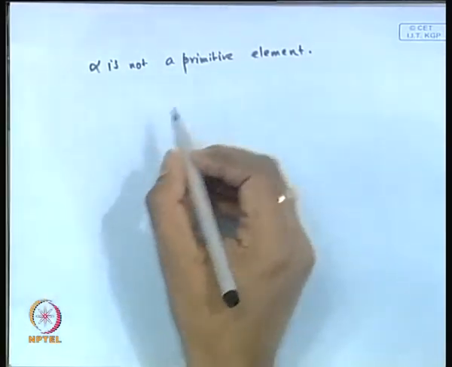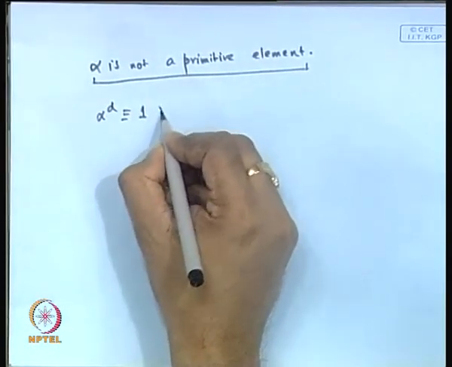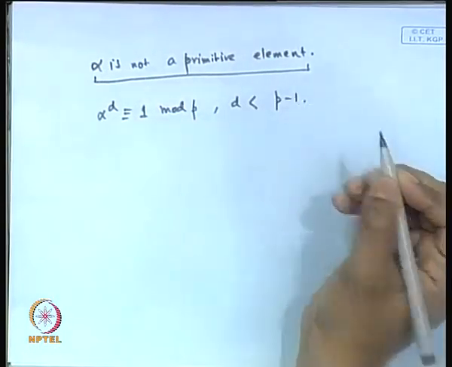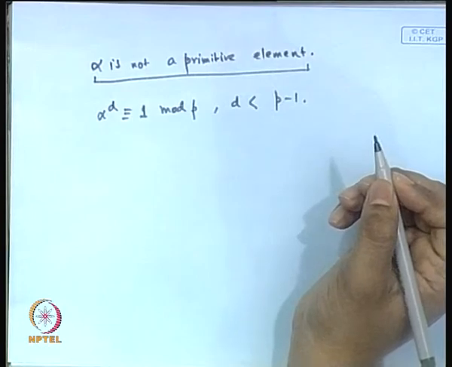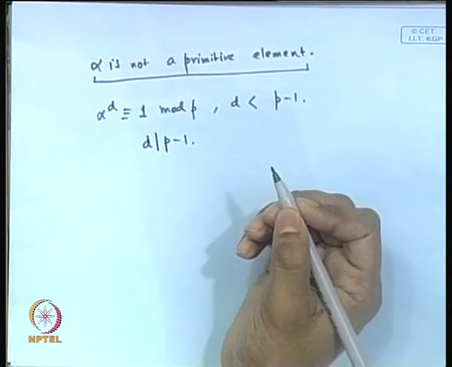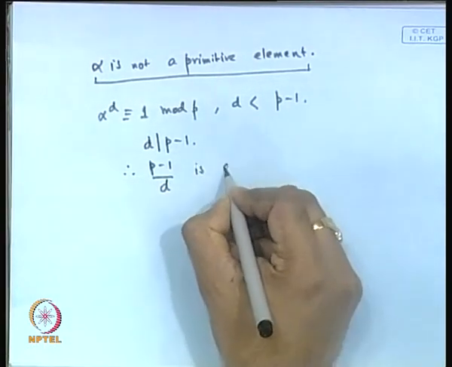Which means that there exists an alpha power d which is equal to 1 mod p, and d is smaller than p minus 1. Okay. So, we know that d divides p minus 1, right. Therefore, p minus 1 by d is an integer value,